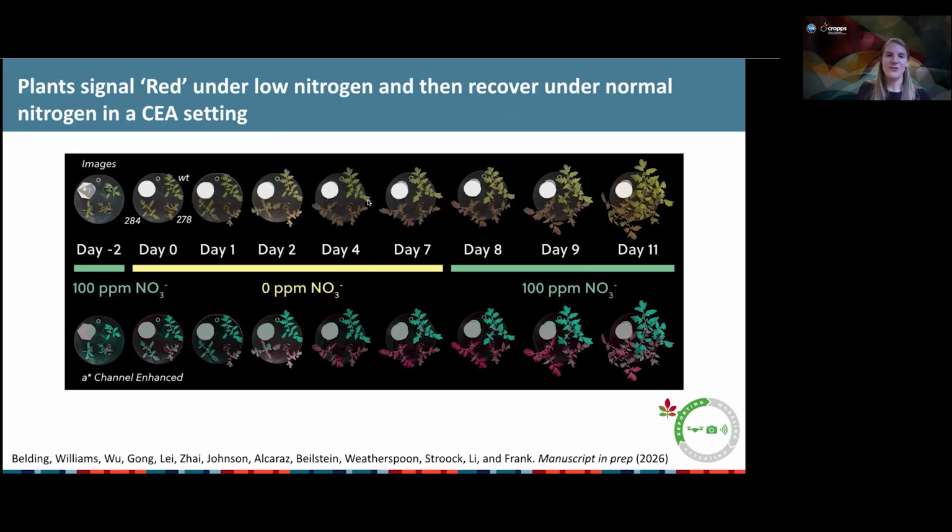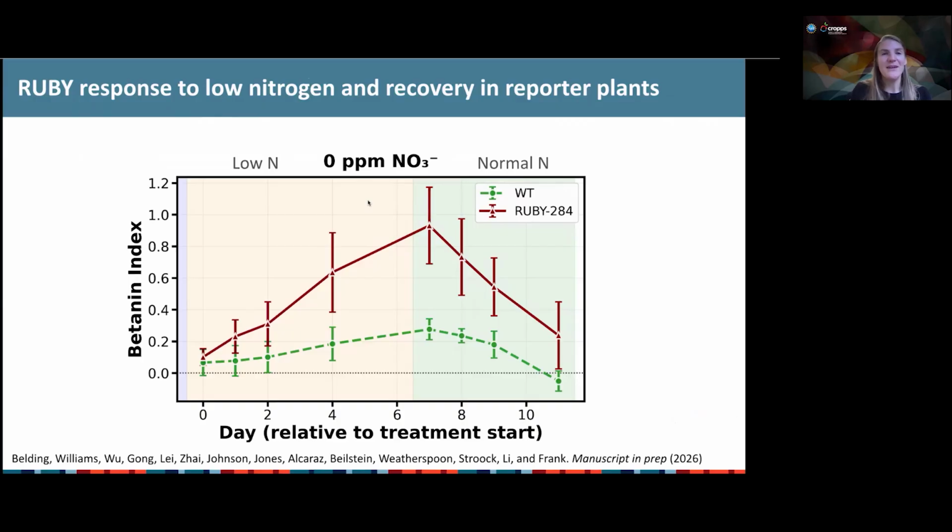And you can also see the plants responding to recovery within 3 days of returning to high nitrogen, which shows that these plants could be used through continuous management cycles that would be typical in a controlled environment setting. Here is a quantitative look at that data, showing our reporter performance in red versus wild-type plants in green, where you can clearly see reporting turning on within 24 hours and increasing over time, and likewise, reporter turns off under